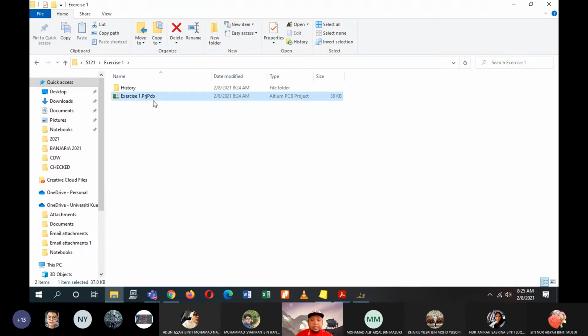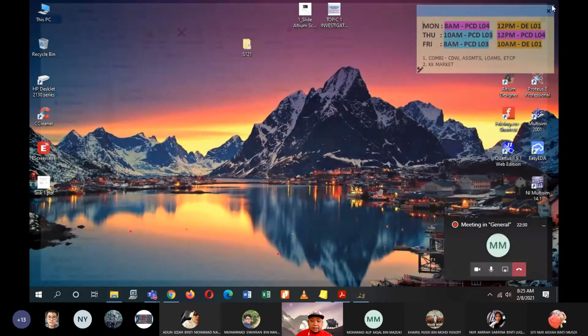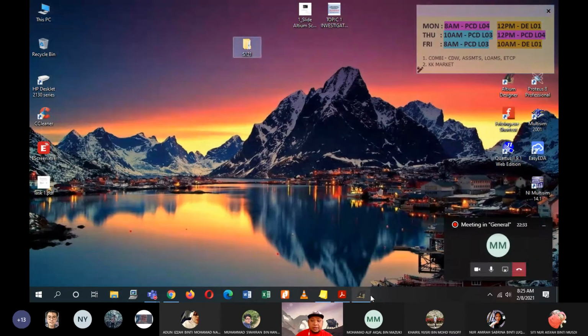Make sure when you save your work, when you save all of your project, your PCB or your schematic, later on you save it into your folder where it is easy for you to find them and easy for you to access them. Okay, so that is fine for me.